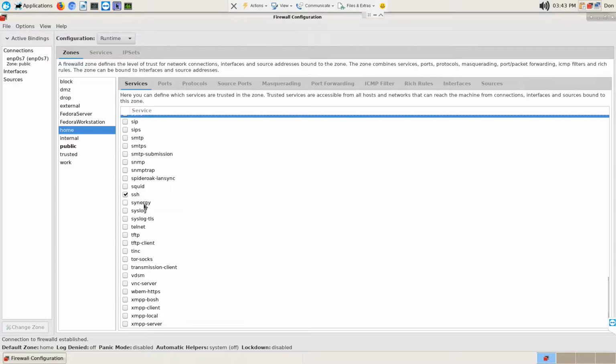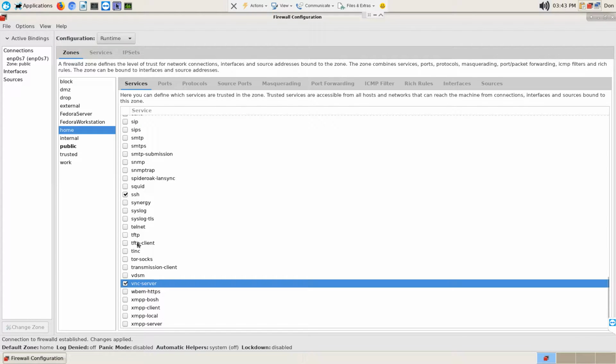Synergy's another remote desktop application, but it's not completely free. I think you can use certain limited functionality for free. I kept thinking I'd try it out, but everything I had was working so well, I just never took the time to mess with it. There we go, VNC server. WebM HTTPS. Now is that for...